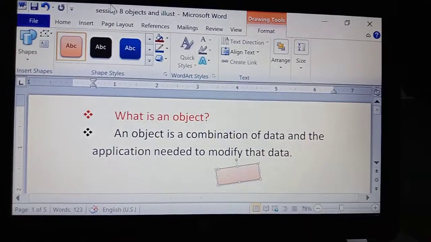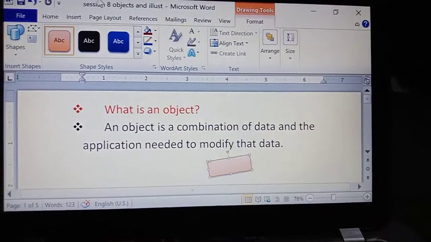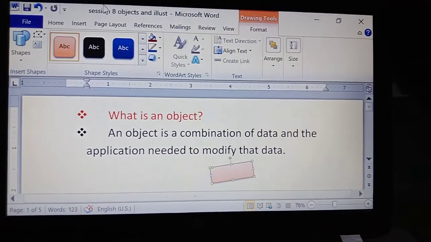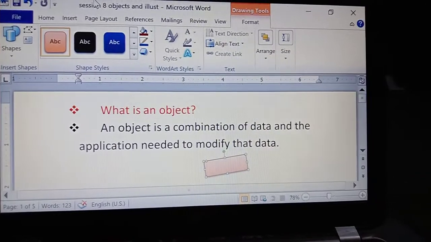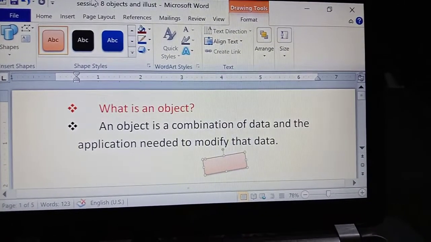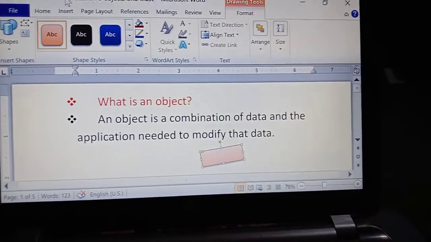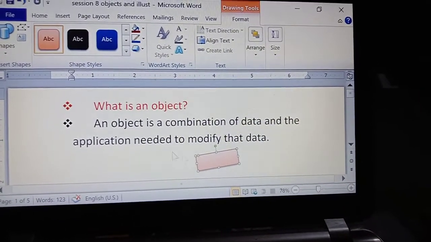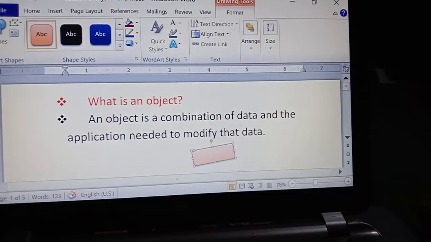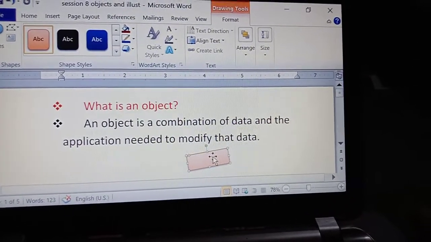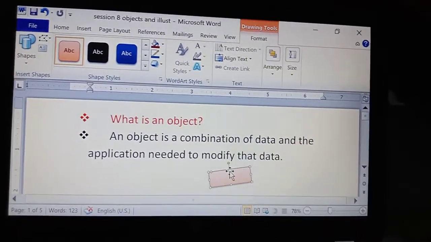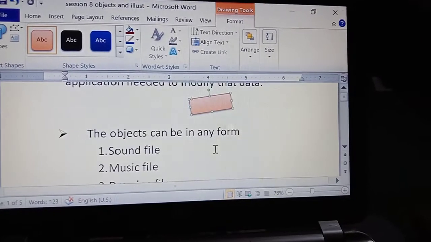Are you understanding my point? As per the definition, an object is a combination of data and the application needed to modify that data. So here I have taken this as data, and with the help of this Microsoft Word application, I am modifying this data. So this is the definition of an object.